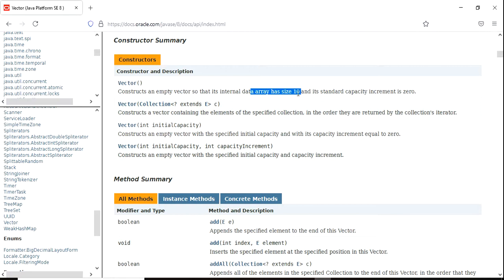Once it reaches, if you added 10 elements, the capacity increases. It doubles to 20, nothing but it doubles the size. The default internal capacity of the vector is 10. Once it reaches its maximum capacity, it means when you are trying to insert more than 10 elements, like 11, at the time the size will be double. From 10 it will double to 20.